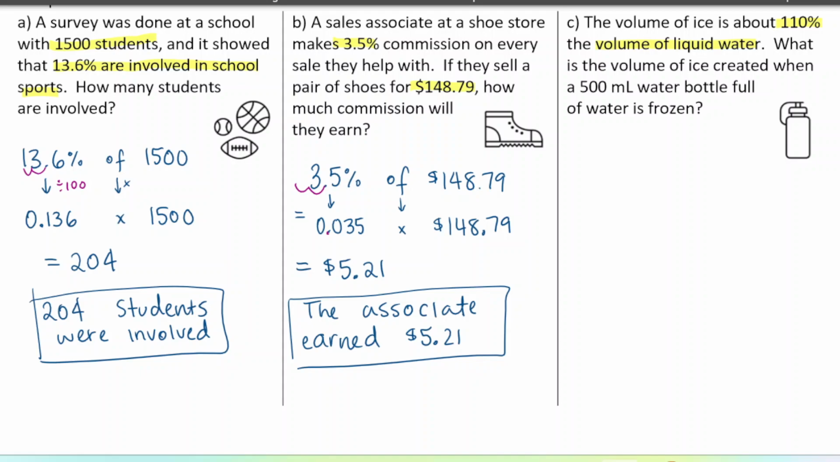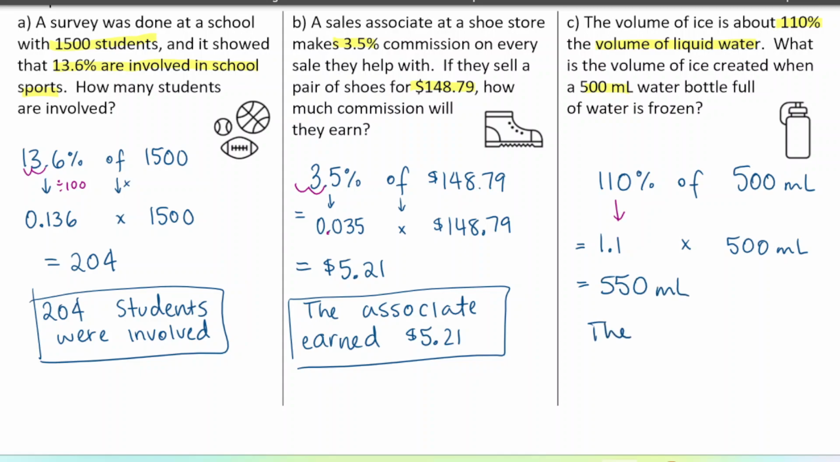So it asks, what is the volume of ice created when a 500 milliliter water bottle is frozen? So we're going to do 110% of 500 milliliters. We're going to change this to a decimal. So divided by 100, it'll be 1.1 times 500. This one you could do using mental math because it's not too bad, but we'll do it with a calculator. It's 550 milliliters. And so the frozen